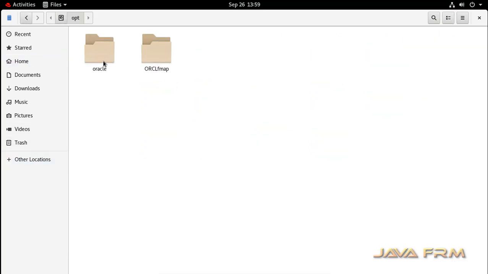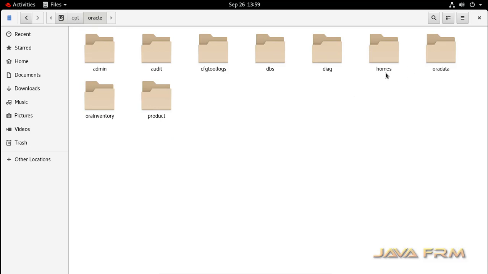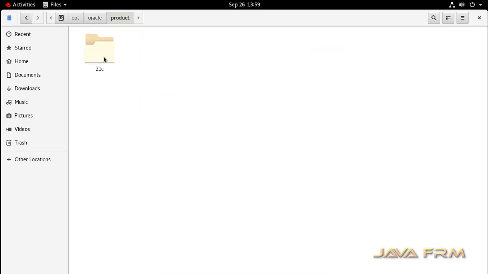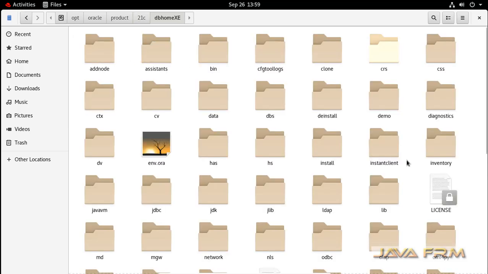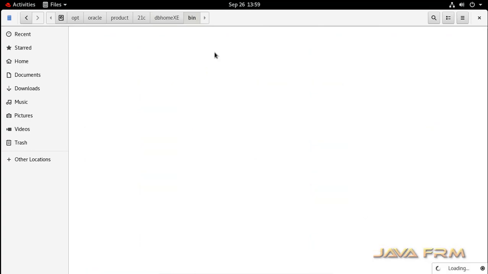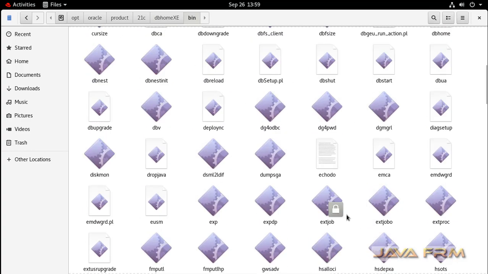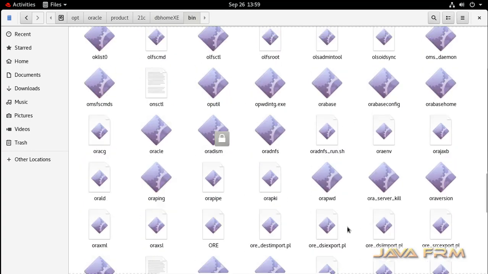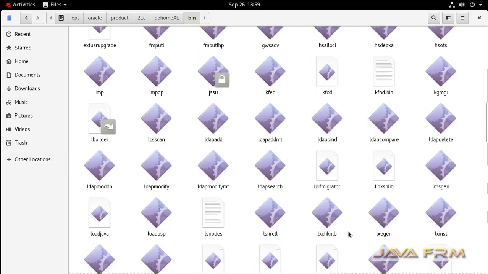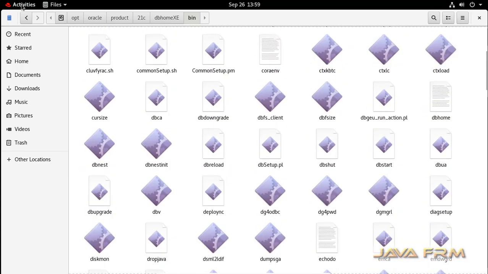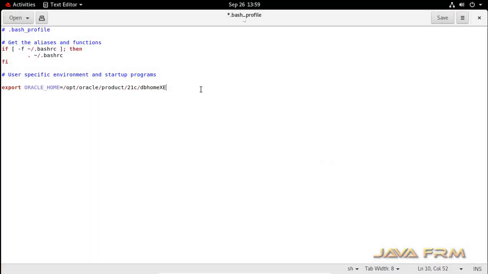Once again I am verifying. You can see the bin directory, right? This bin directory contains a lot of executable files. All these executable files will be available in the Linux path so that you can run them from the command line.